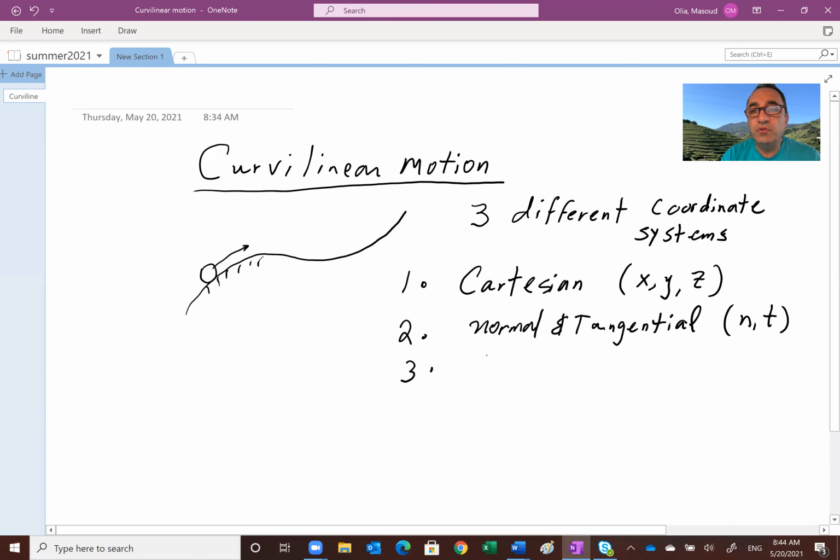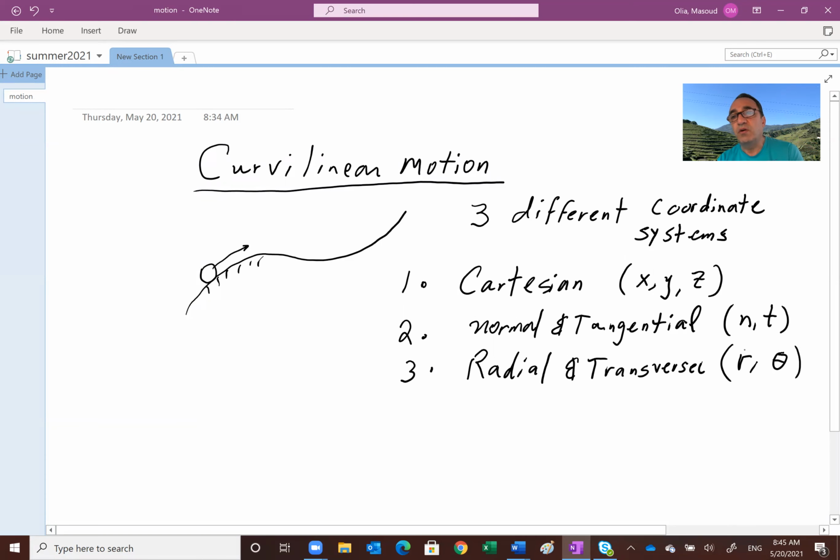And then finally, we're going to look at the radial and transverse coordinate system, and in particular, a two-dimensional version of it known as polar coordinate system, the R and theta, R for radial,